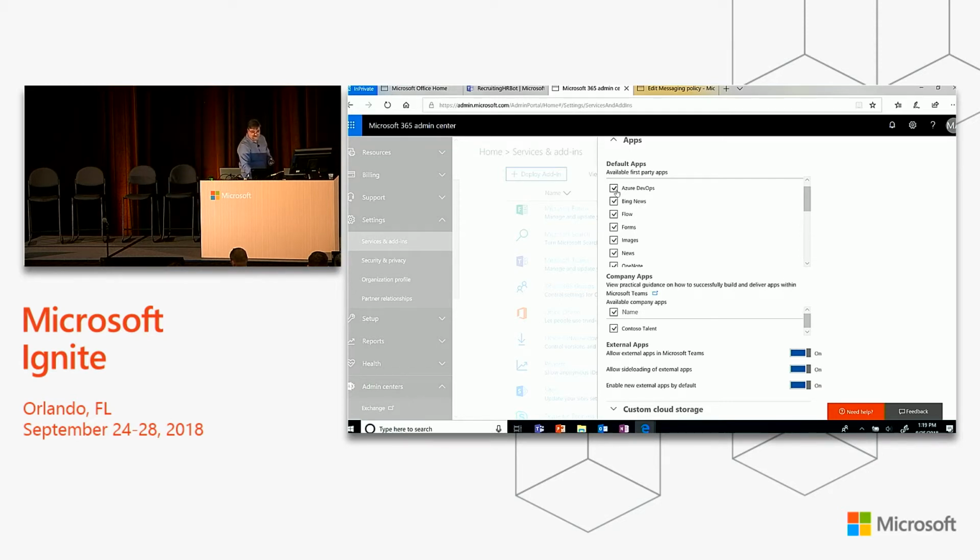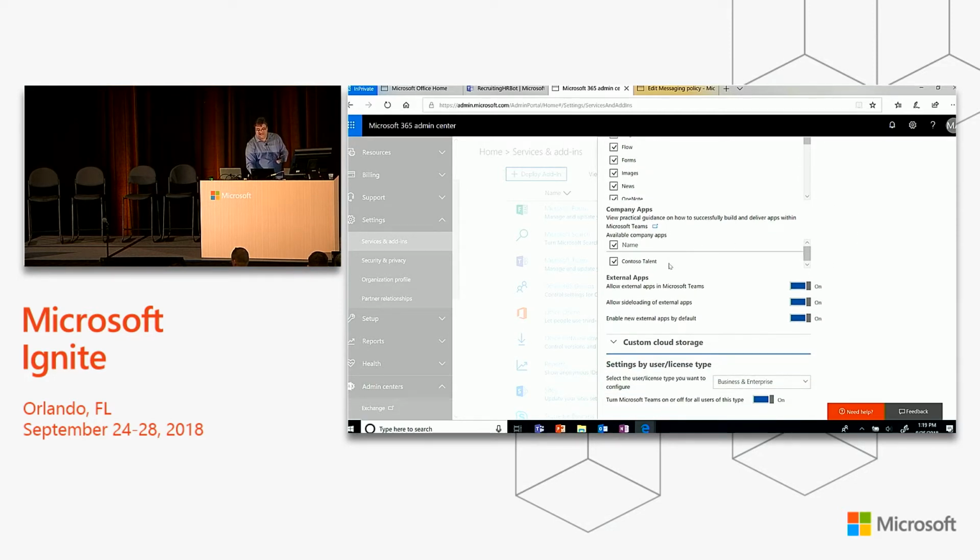So I could, in fact, go ahead and say, hey, I want to disable that. Similarly, you'll notice that when I went ahead and actually uploaded the app to the tenant app catalog, that I now have this company app showed up, and I can choose to enable or disable these. Now, why would I choose to do this if it's my application? That seems a little strange. The value of that is actually if you are now either retiring applications, or if you find that there was a problem in the application and you want to disable it, then you can go ahead and do that, and it'll disable for everybody. Now, that has a bunch of value if it's an app that's sort of been through your review process, but you also want to be sort of mindful of that.